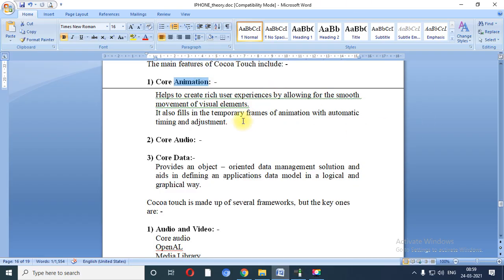So from the name only, you can get that if you want to develop such kind of application for providing animation, at that time the Core Animation library is there. It helps you to create a rich user experience by allowing for the smoother movement of your visual elements.